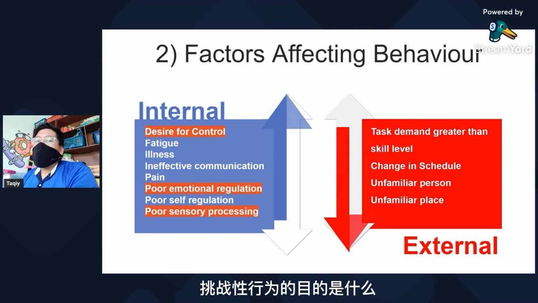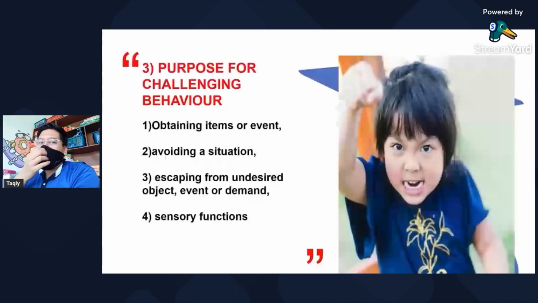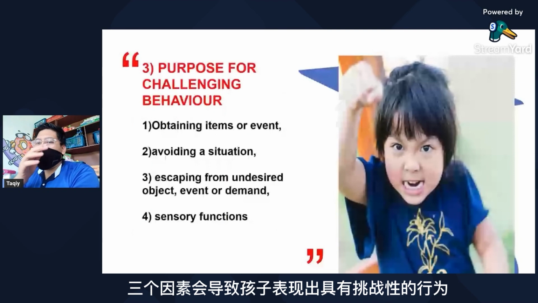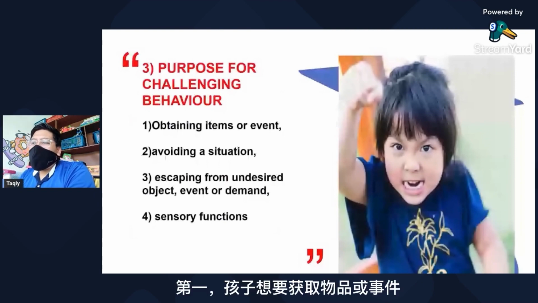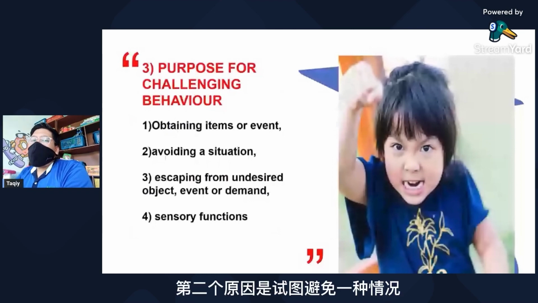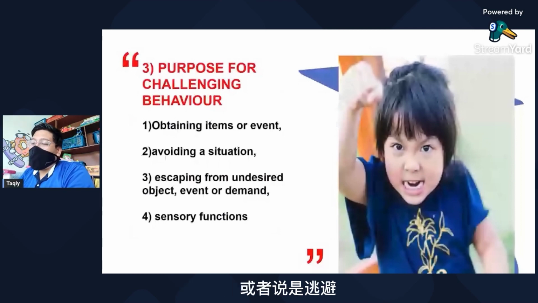So what's the purpose for challenging behavior? Why does challenging behavior happen? There are 4 things. First is the child is trying to obtain an item or event. Number 2 is trying to avoid a situation, or in other words, escaping.